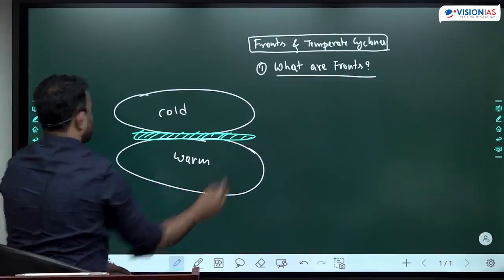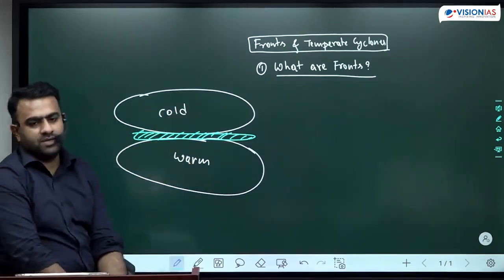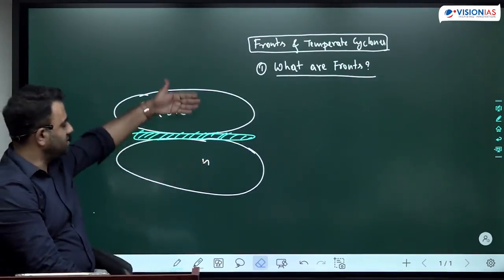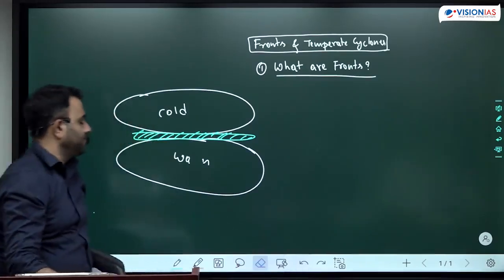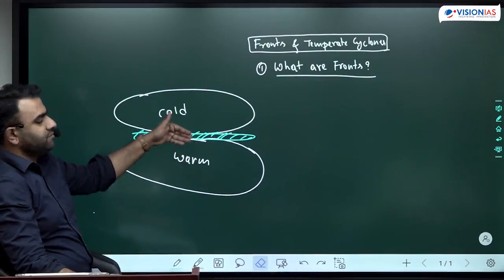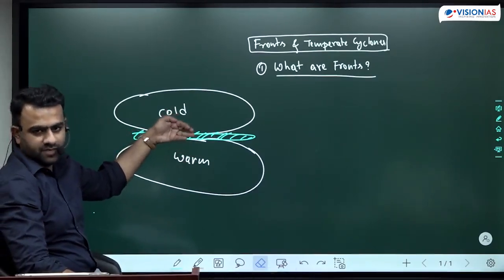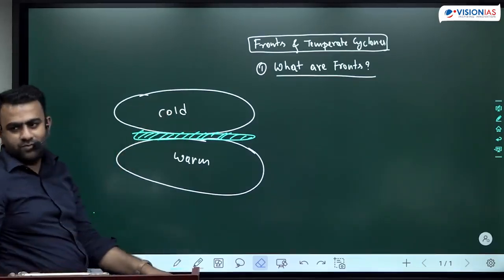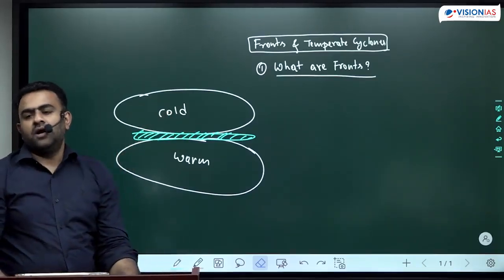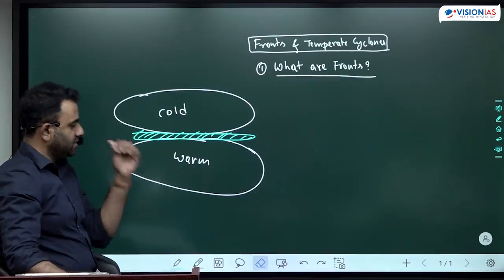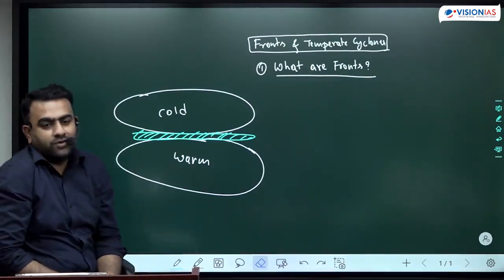Transition zone for what? Transition zone between the warm and cold air mass. Two different types of air mass. Here it is completely warm, here it is completely cold. In between, the characteristics of warm is ending, cold is beginning. From that side, cold is ending, warm is beginning. It's almost a mix of both. However, along the fronts between the two different air masses, you will not see mixing of air.